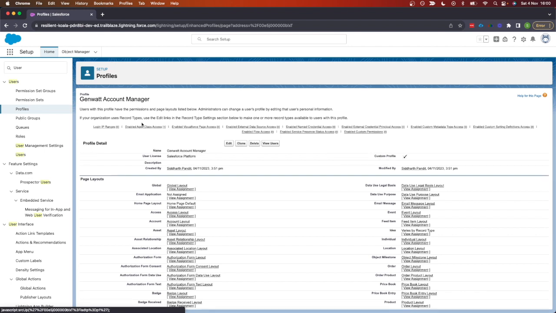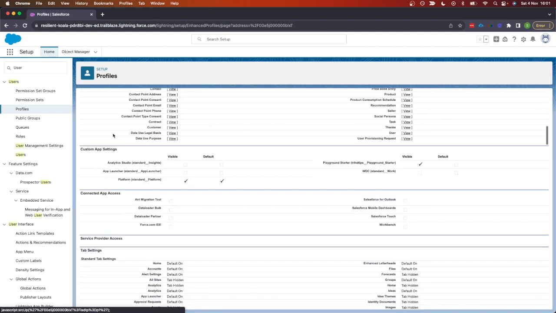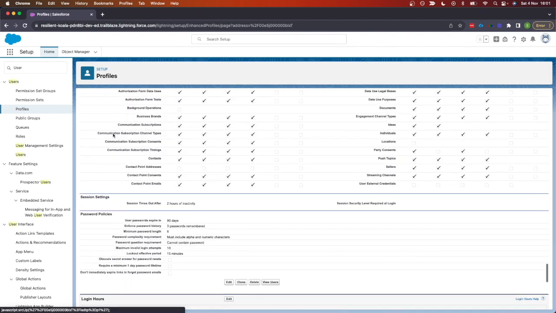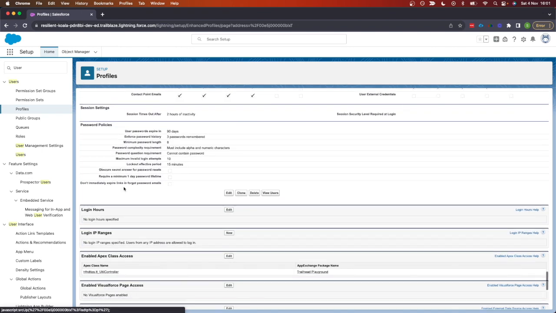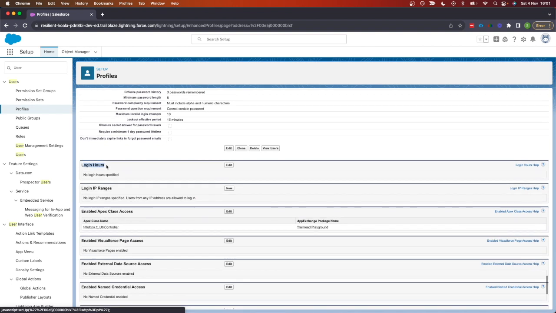Once you are on this page, you need to go all the way down after all these object permissions, password policies, etc. And then you'll see there is a section login hours. Click on edit,